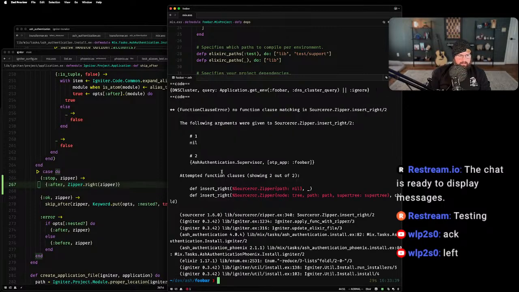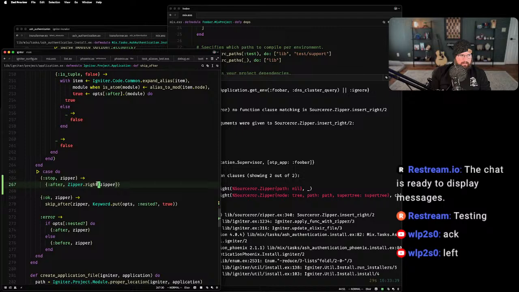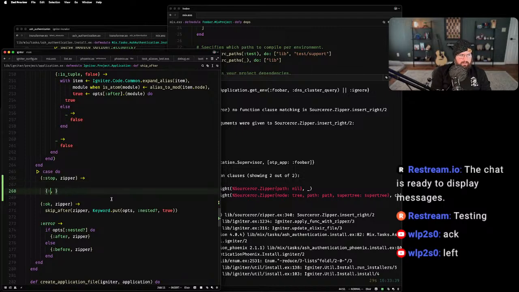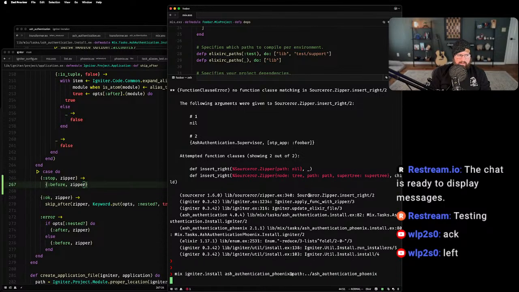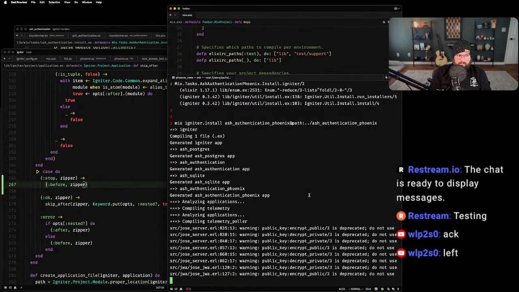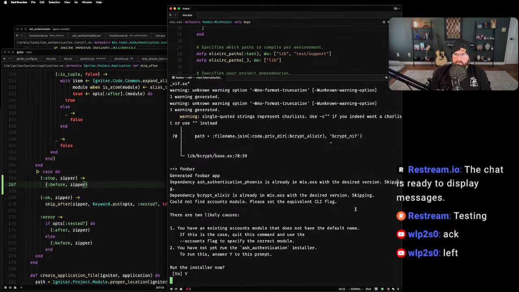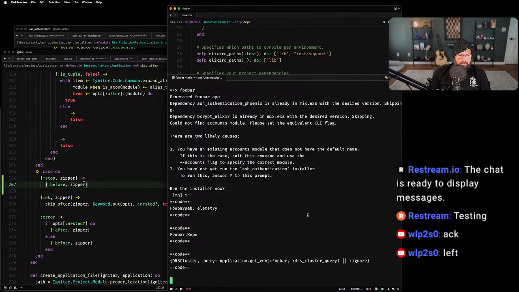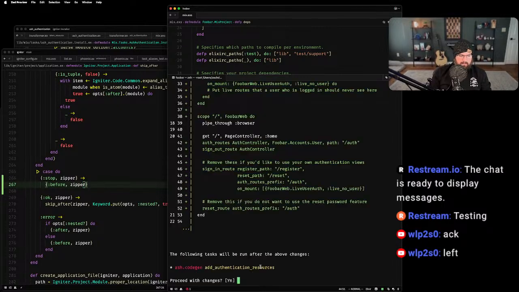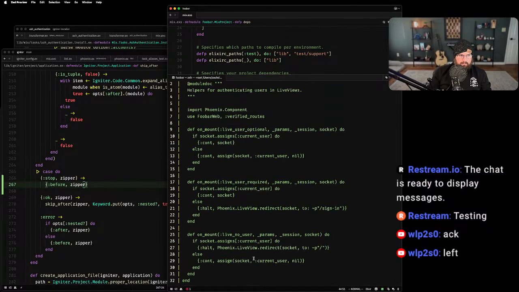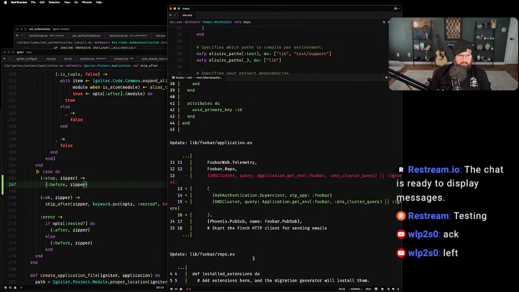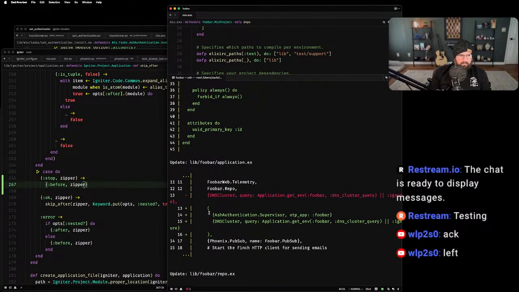Okay, yeah, it doesn't write like that because there is nothing to the right. So maybe, but if I say before zipper, I think it's going to put it not as the last item in the list, which is not what we want either, which is weird. But let's find out. It's going to put it before DNS cluster, I think. It does, but this is also not ideal.